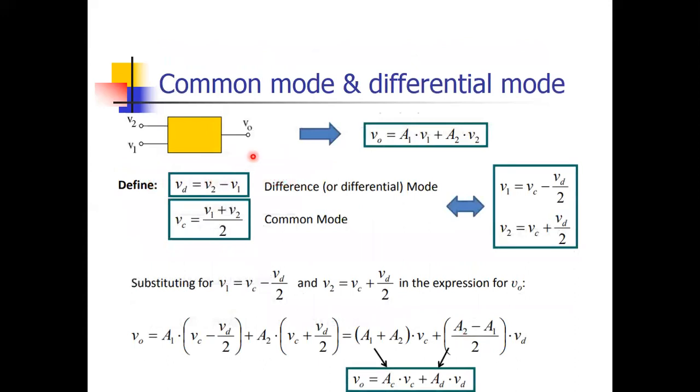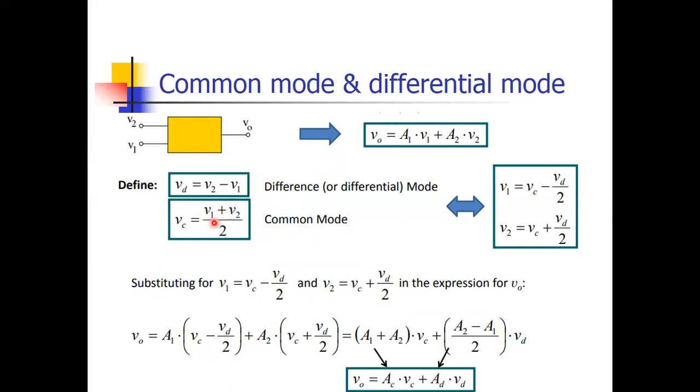Now see, this is your amplifier main block. V1, V2 are your inputs, and this is your output. Now there are two different terms: one is differential voltage and one is common mode voltage. Differential voltage means the difference of the input signals. Common mode voltage is common, means both are equal. When both are equal, (V plus V) upon 2 becomes V. So in differential voltage, both inputs are subtracted, and in common mode, the average is taken.